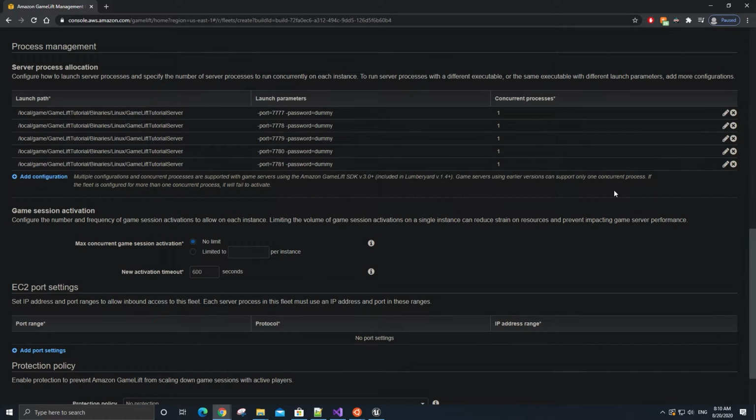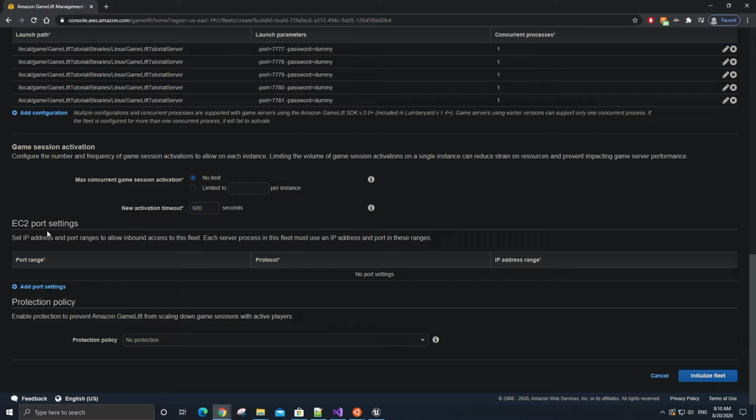And the last thing that we have to do before creating this fleet is configure the EC2 port settings. So go down here to where it says EC2 port settings and click this add port settings button to add an entry to this table. And in this row, we are going to specify the port range that we want to open up for incoming connections in each instance in this fleet. So since we specified port 7777 to 7781 in the server processes above, let's write here 7777-7781. And for the protocol, change that from TCP to UDP,